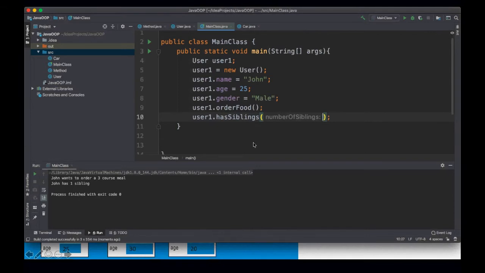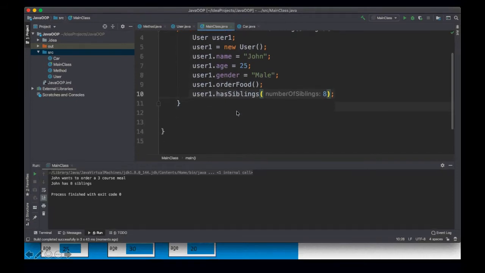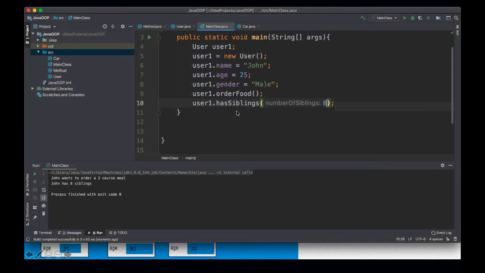And it says John has 1 sibling. If I put 8, it should say John has 8 siblings. So we can write this in the main class as a result of an object created. And if I create another object called user2,